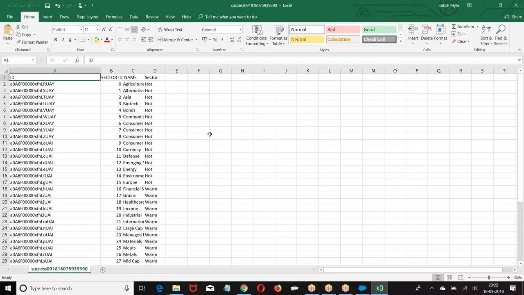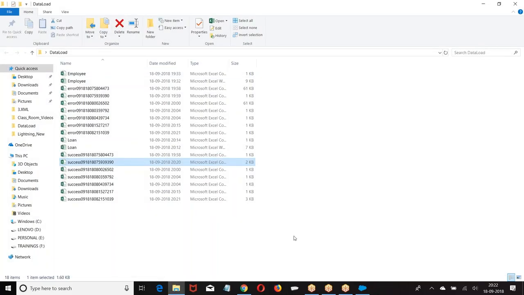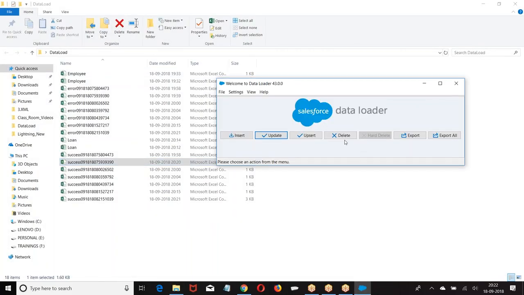When can I perform update? Only when you provide record ID. Otherwise, I cannot recognize the record. So what is happening is, you have an Excel sheet with the data. You upload that Excel sheet, map the fields, and the operation is performed. Are you getting it? Now I want to do the next one. What is the next one? I want to delete it. On what basis are you going to delete?